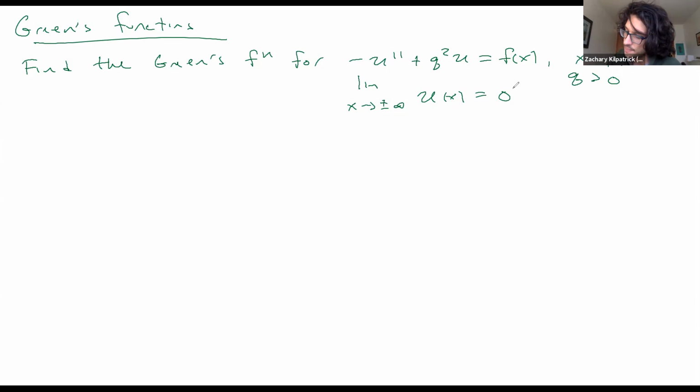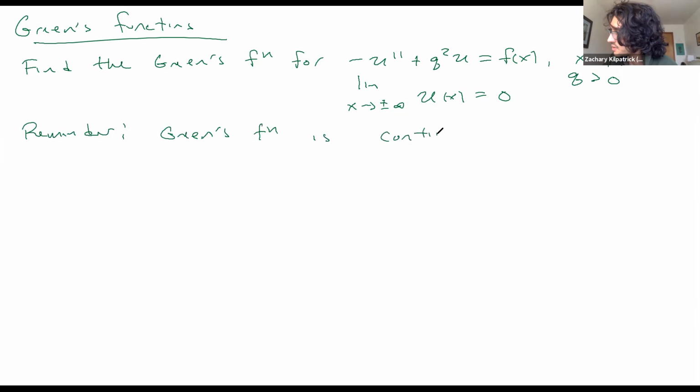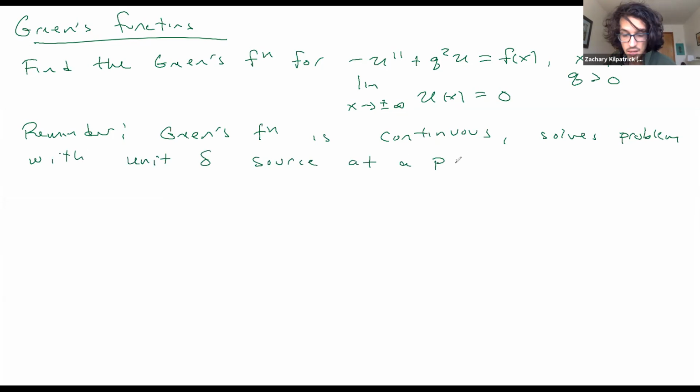Okay, just a reminder, our Green's function is going to be continuous, but typically you expect to find a kink in it, and essentially it solves the problem with a unit delta source at a point. And so the solution in this case